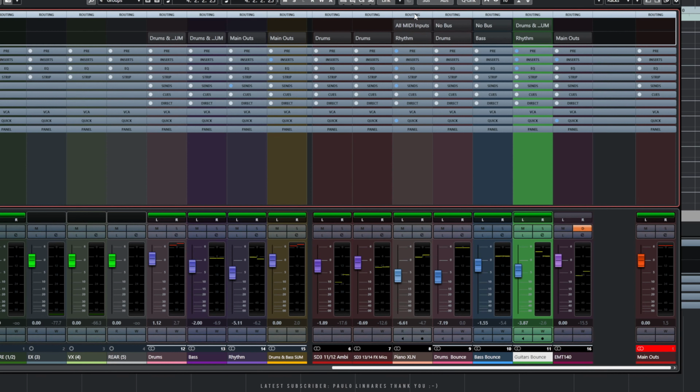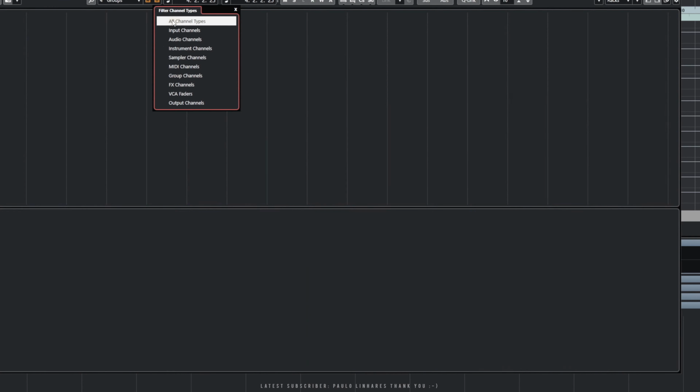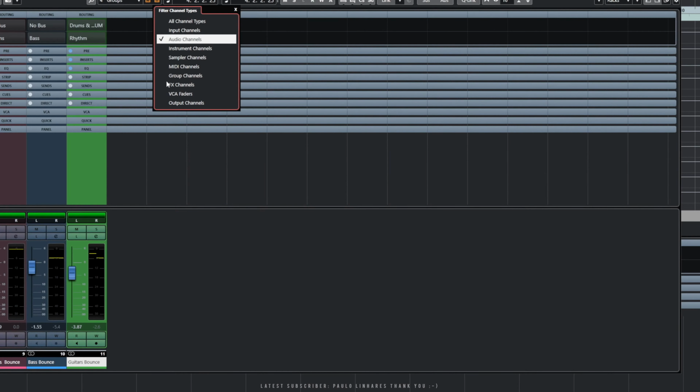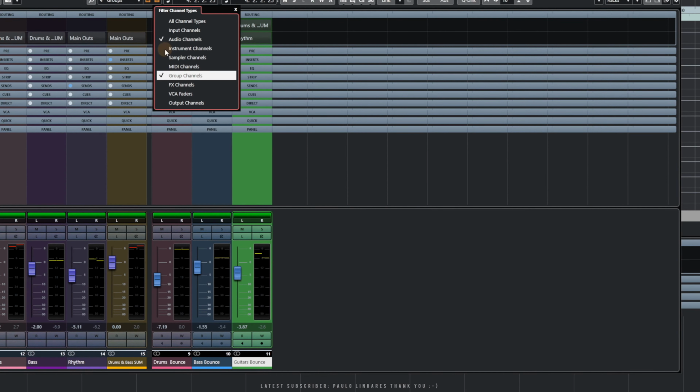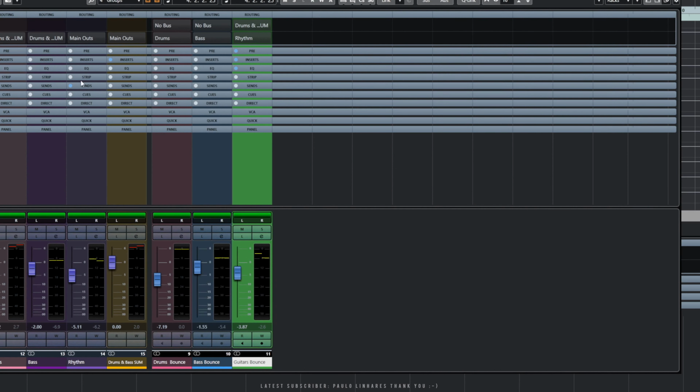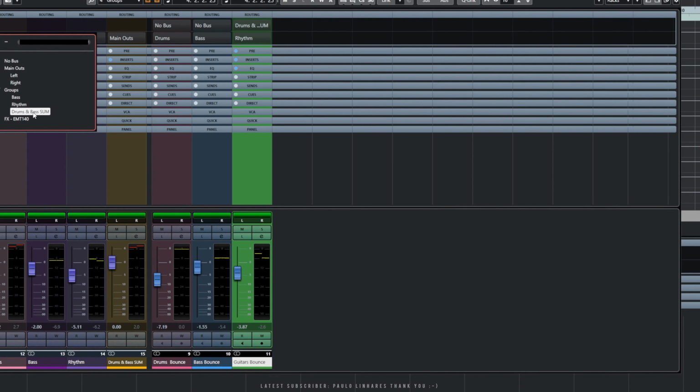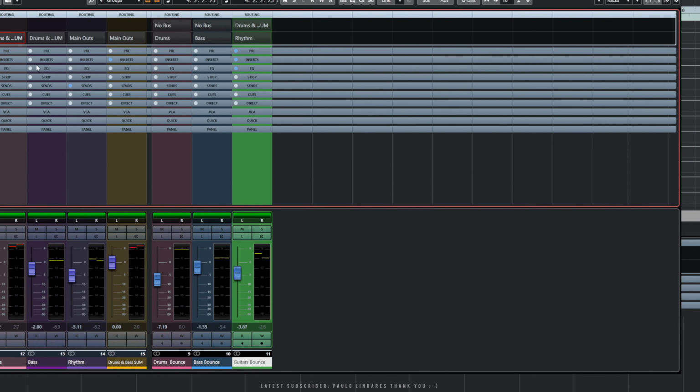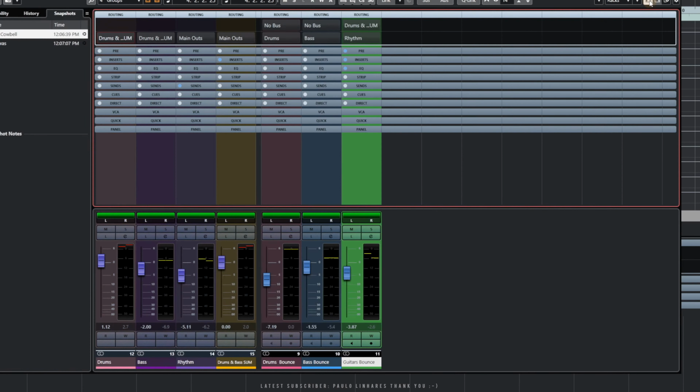So let's start at the top. The routing section. We know what that does already to a degree. Let's bring in the channel filters again, turn everything off. We'll have audio and groups. There you go. You can see my audio channels here and my groups here. If I now look at the routing, we can see that channel is routed to the drums and bass sum. Okay, once again, we need to go